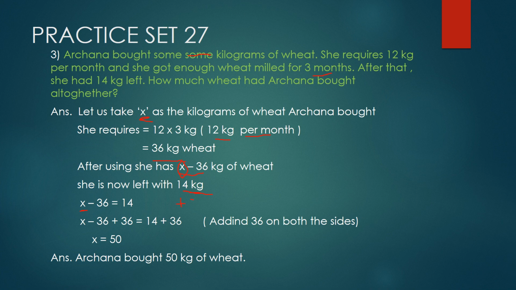Okay, so same, the opposite sign of minus is plus. Correct, and the number beside is 36. Okay, so x minus 36 plus 36 is equal to 14 plus 36, adding 36 on both the sides, so you get x is equal to 50. So Archana all together had bought 50 kgs of wheat. I hope we